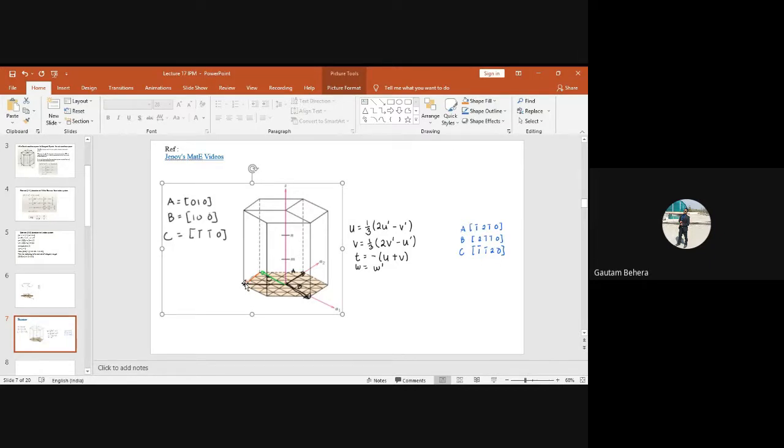So finally this will be what? This will be minus 1, that is 1 bar, again minus 1, that is 1 bar, and finally in the z direction you will not have to move, that will be 0. So this is 1 bar, 1 bar, 0. It is okay up to this? Yes, sir. Okay, fine, very good.